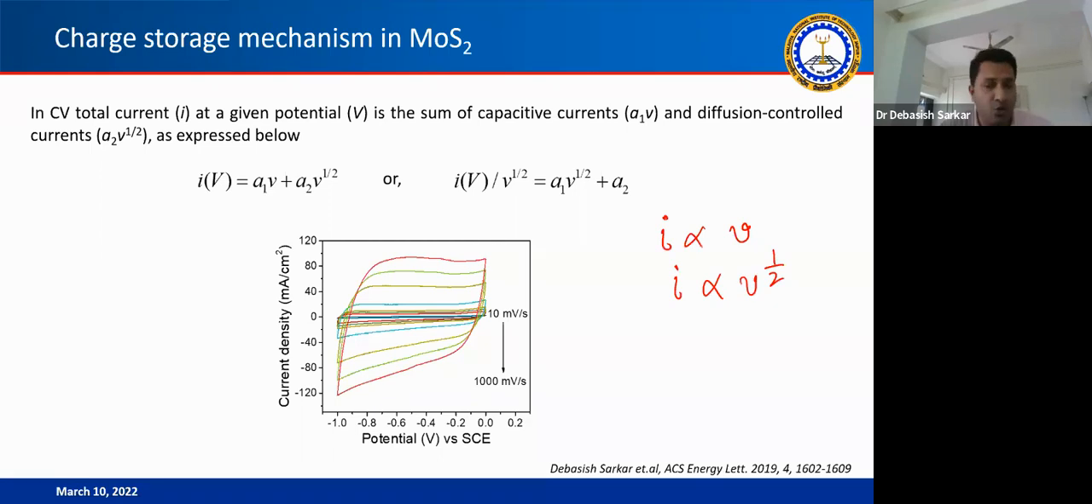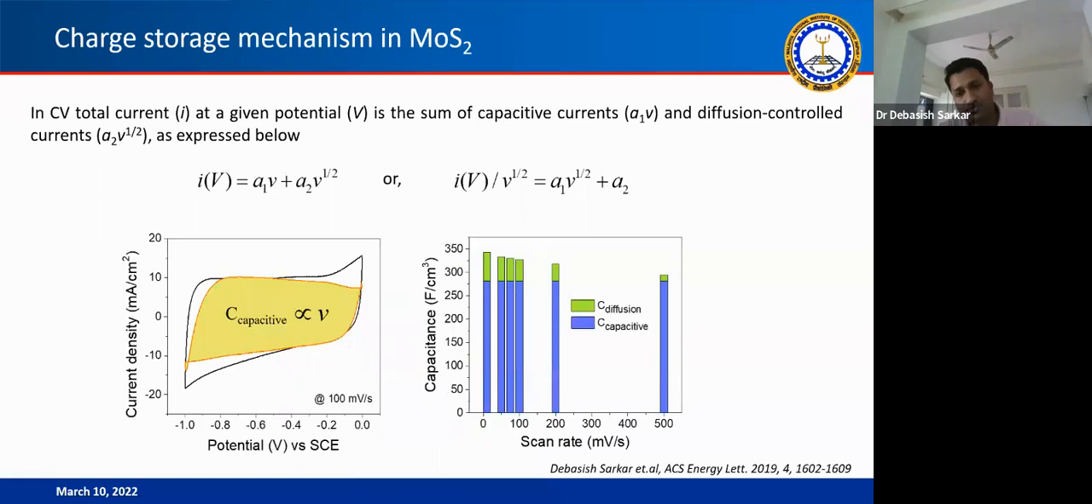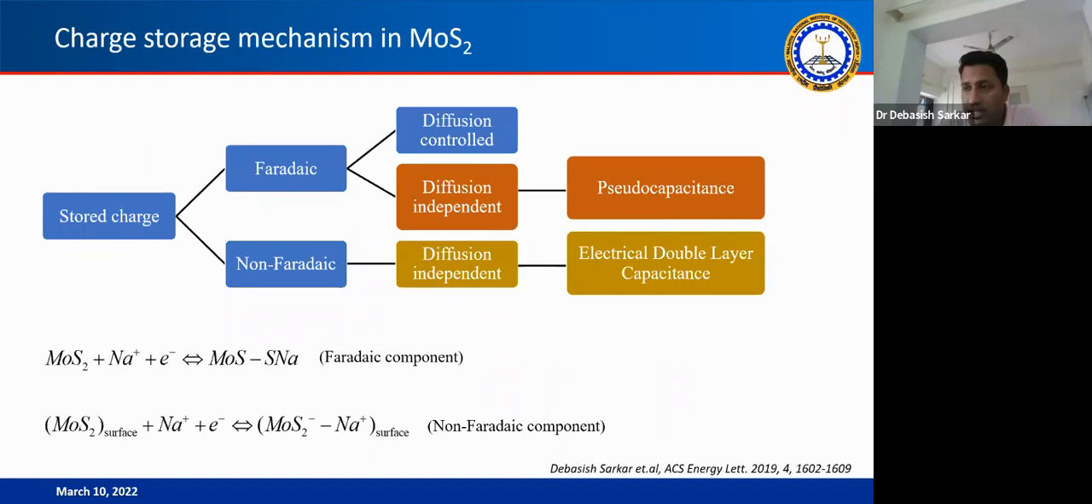Okay, by satisfying Cottrell's equation, if we do this kind of mathematics, you can find out the capacitive contribution, the purely capacitive contribution, that means diffusion independent processes. And you can actually segregate the diffusion independent contribution at each and individual potentials using this equation. However, this equation can't separate out